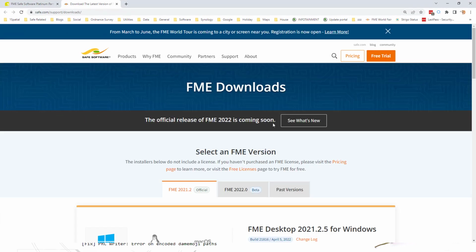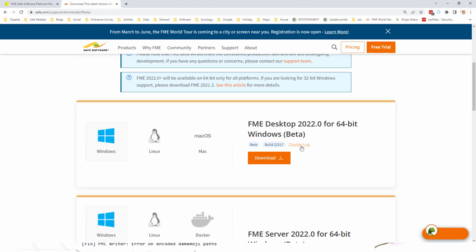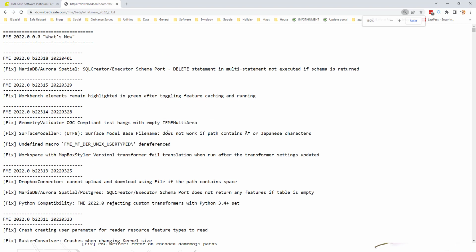And you can see here that I'm on the downloads page, and I'm just going to click through onto the beta page and go to click on the changelog here for FME, and you can see that if I do, let's make that a little bit bigger for a start, but if I do a Control F to search,